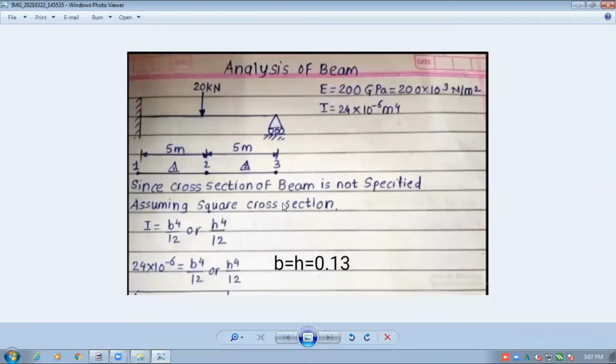See, in the last practical, we have finished with the practical on analysis of truss, right? And in the previous lecture, we started with the analysis of beam. We calculated the values of displacements and reactions for the beam analytically in the last lecture. So in today's lecture, we are going to practice the same problem, that is analysis of beam, but we are going to perform that practical on ANSYS, right?